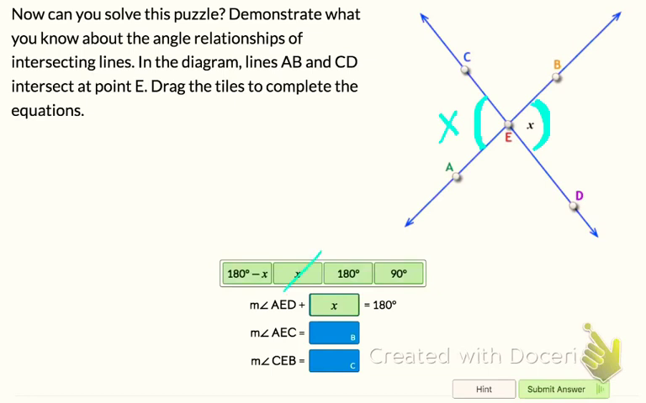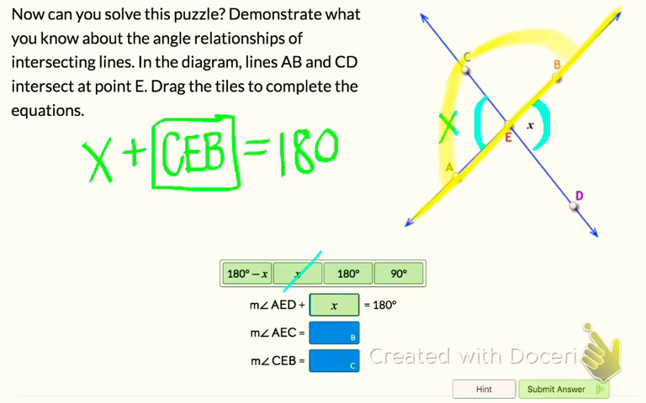So we know that all together, this angle CEA plus angle CEB is equal to 180. So the only way we could really express that would be to subtract x from both sides. So we would get that the measure of CEB,